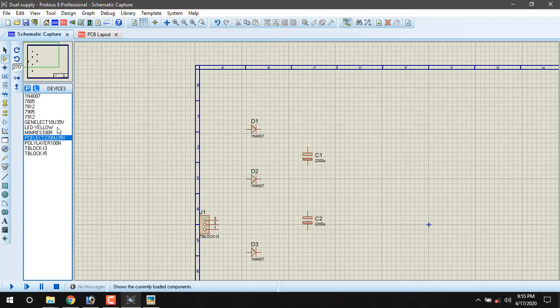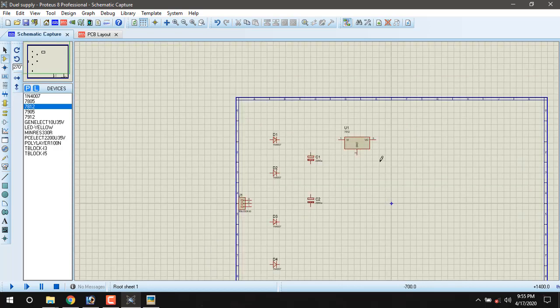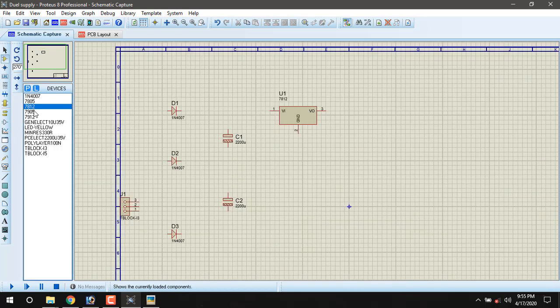After that 7812 positive voltage regulators. After that 7805, press plus key to rotate. Then bottom side 7912.